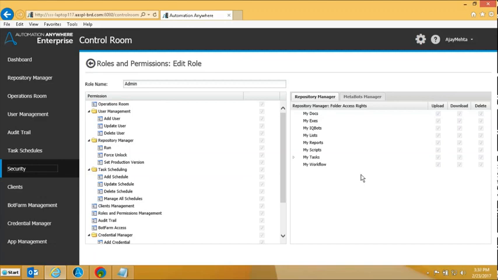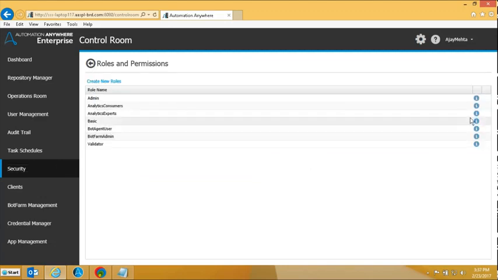Admin cannot log in inside the client. So that's the admin role. Analytics consumers are basically people who need to be able to view your bot inside dashboards. Analytics experts are basically people who would be going and creating those scripts which will lead to creation of